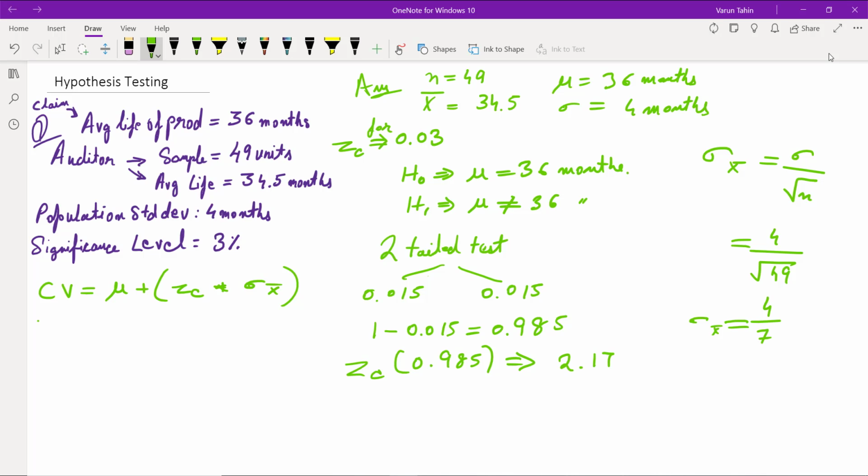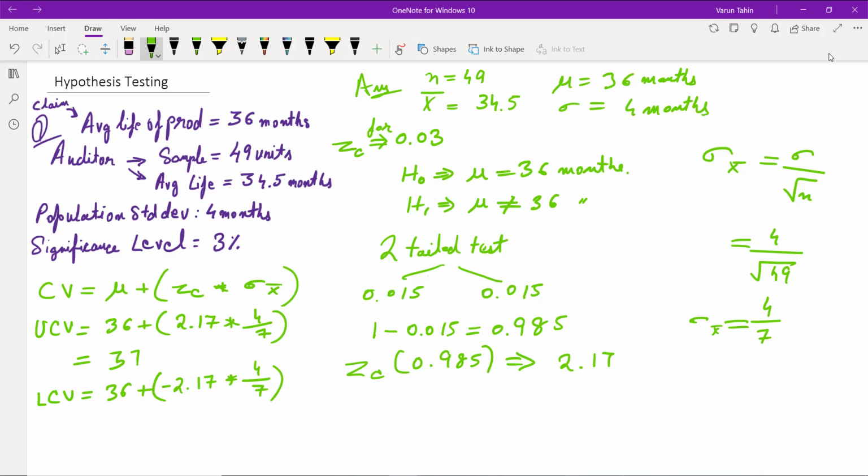Now we will calculate the upper critical value, which is 36 plus ZC, which is 2.17 for this, into 4 divided by 7, and LCV will be 36 minus 2.17 into 4 by 7. So rounding off, UCV will come as 37.24 and